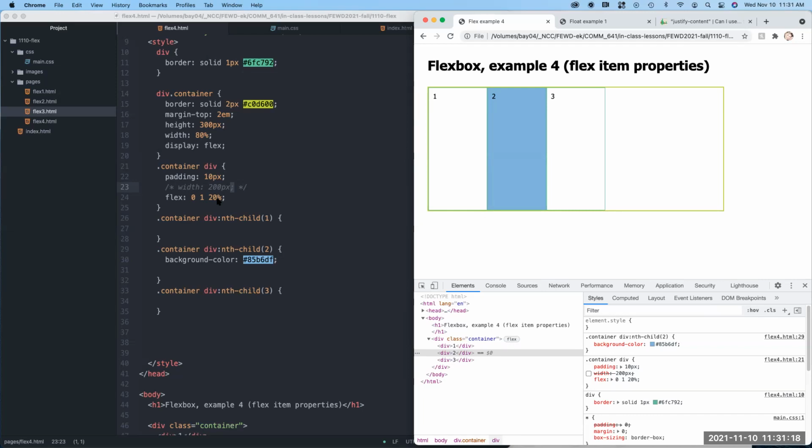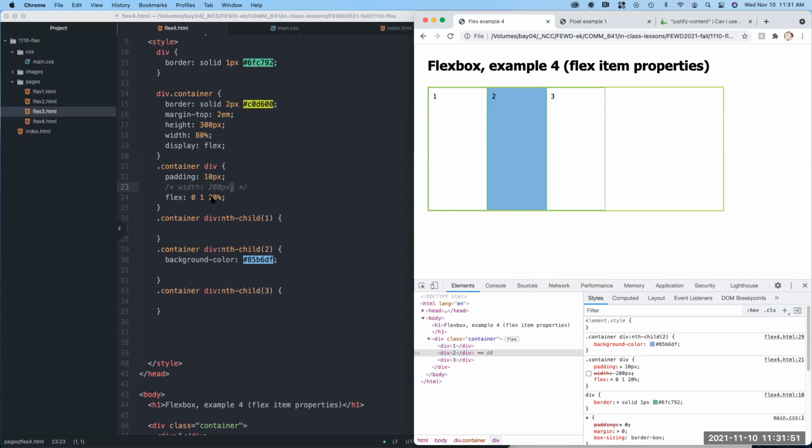Okay, so it's going to take probably a little while for you guys to grasp how this works, but understand that when you define flex grow, you're allowing the item to take up whatever extra space is available in the container. Flex shrink is allowing you to tell how much, kind of proportionately, you want the items to shrink. And flex basis is where you're setting the, it's kind of like width in a lot of ways, but